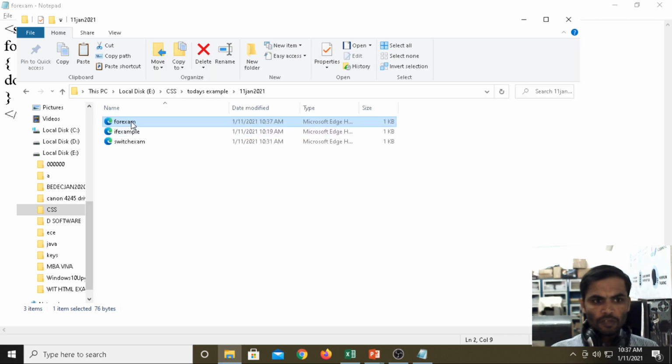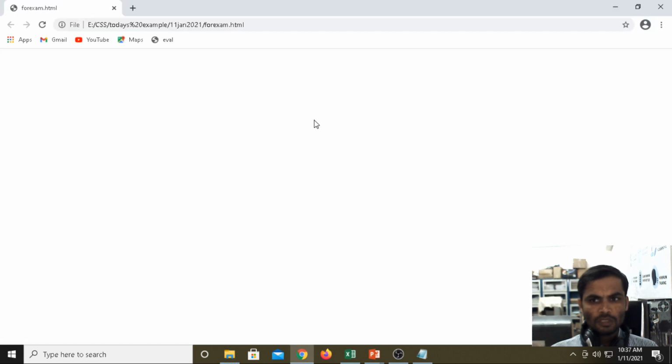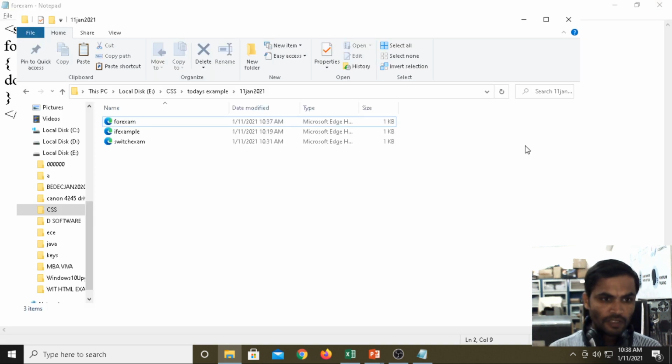Then run with browser. See, if you have grammatical mistakes also, it will not show. It means the JavaScript compiler for the latest version will not show it; for the old version it will show the error, on which line the error is. For the switch program also we will see later, after completing. It will take time processing. Maybe a small mistake will be there, where the mistake is.